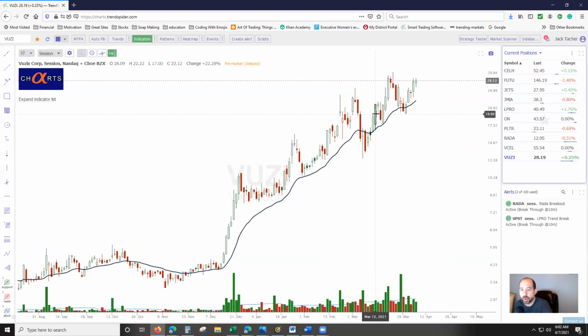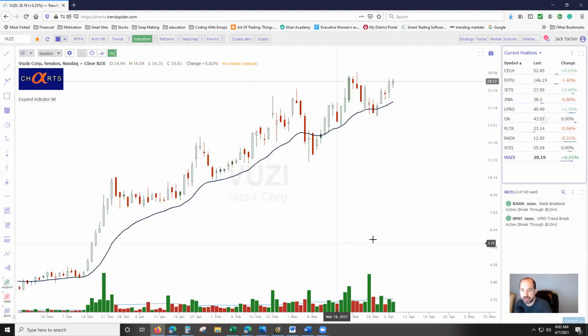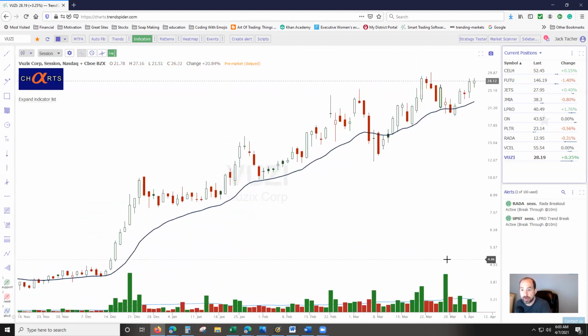So the last one I'm holding is VUZI, which is Vuzix Corporation. And you can see it had this gigantic move up, sideways consolidation, and now it's moving up again. The amount of accumulation in this particular name is just gigantic, right? I mean, absolutely gigantic. So I do like this one, and even though I'm already involved, it's really